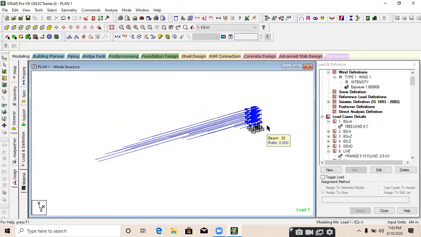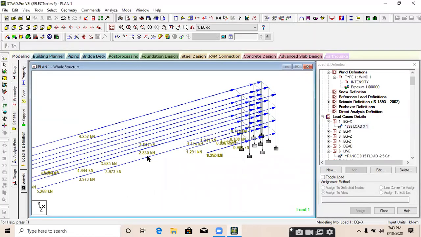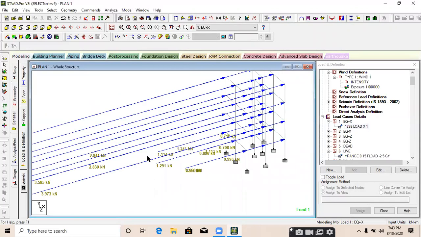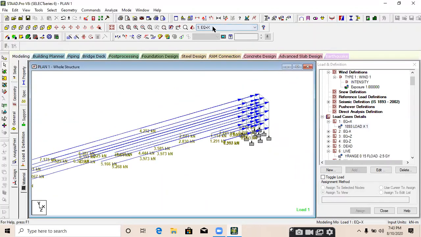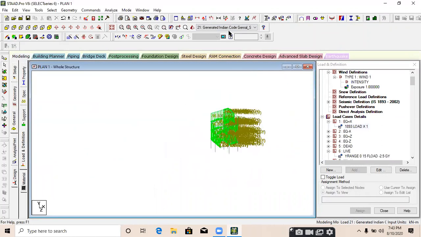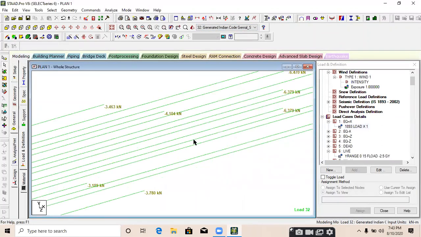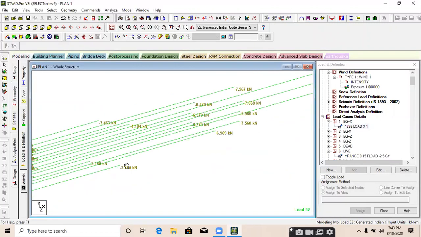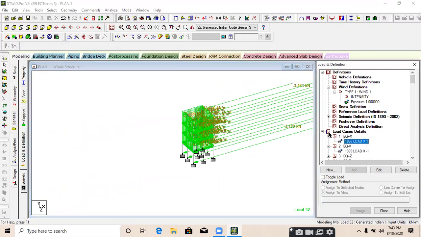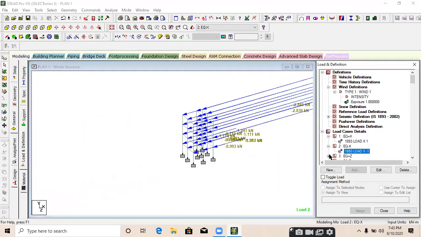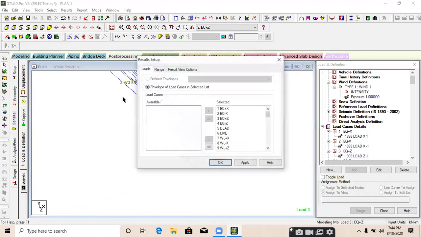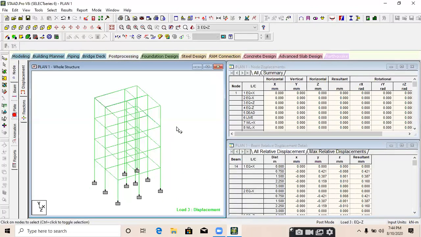Okay. When you press Shift V, look at this. When you change the load case, the intensity will also change. But after the analysis, it will show. Go to post processing mode and done.